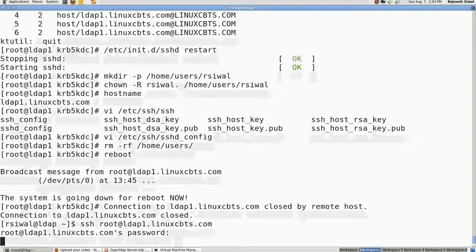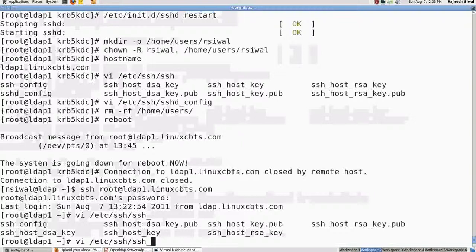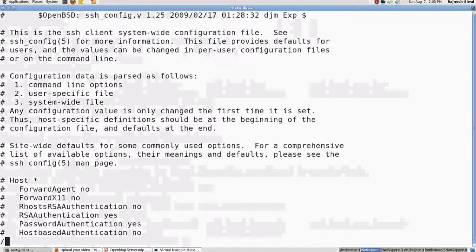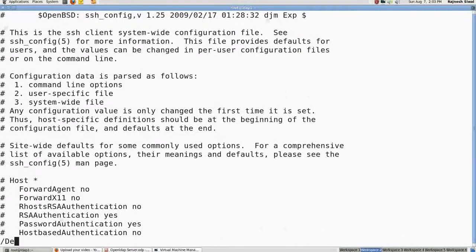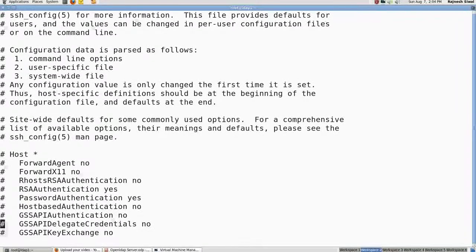For that, we'll just have to modify the ssh_config file to say GSSAPIDelegateCredentials yes.